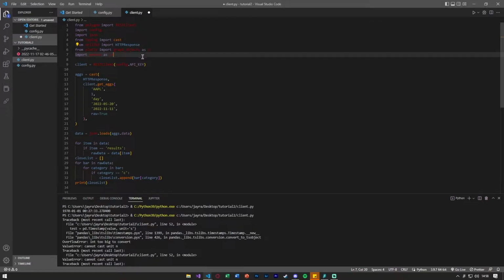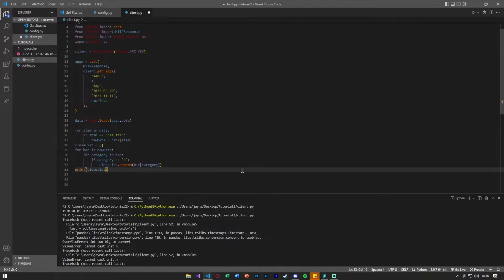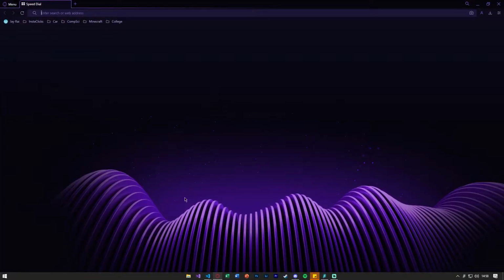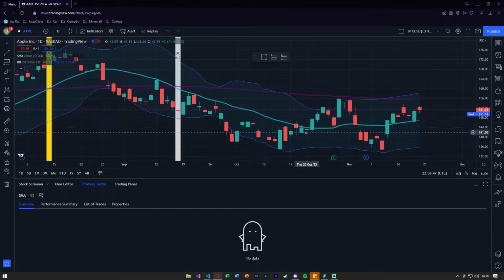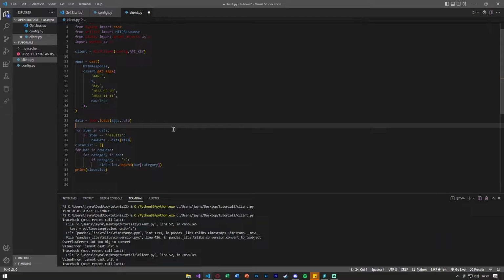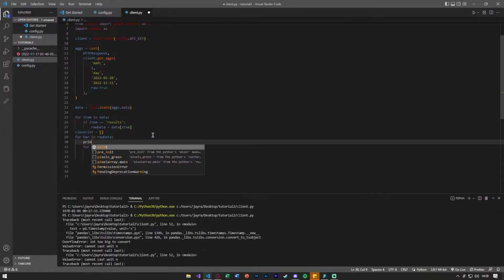Now that we have these two requirements at the top here, what we're going to need for candle graphs is, if we open up a browser and look up TradingView, you'll see the example of a candle graph here. And with this, you'll notice that for each candle, we have our opening price, a high, a low, and the close. So again, if you remember from the last video, when we looped through the different categories that were in each of our bars, we can actually go ahead and reprint this